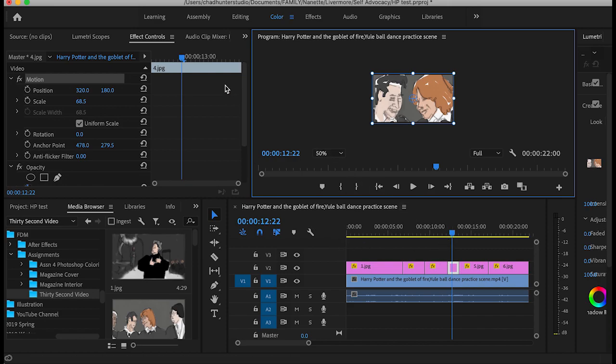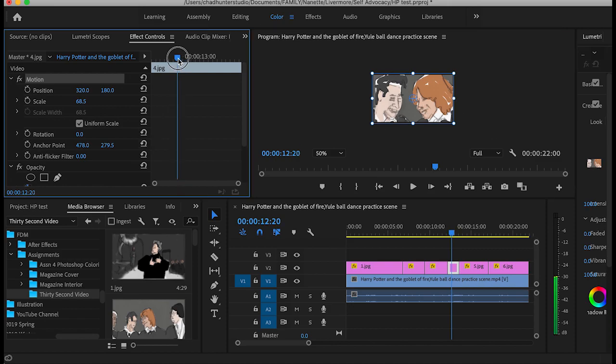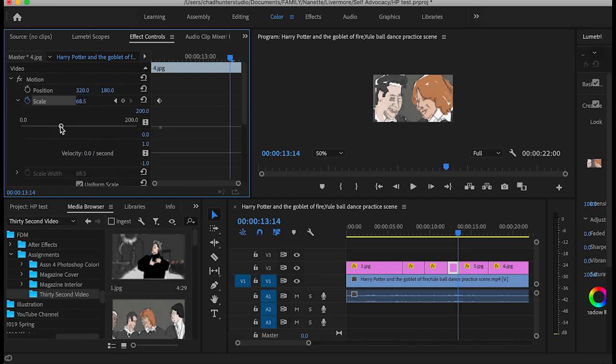Once it's selected and the playhead's over it, now all of these different effects we can control within this clip. So I'm going to put my playhead at the beginning or wherever I want the zoom to begin, and zoom has to do with scale. So I'm going to click this stopwatch to add a keyframe at this playhead, and then I'm going to move my playhead over, and I'm essentially going to zoom in. So I can do that a couple ways. I can change this number. I can move this slider to show a zoom in, or I can click motion and then